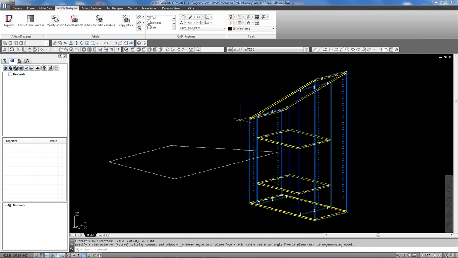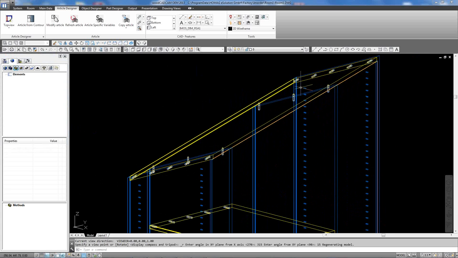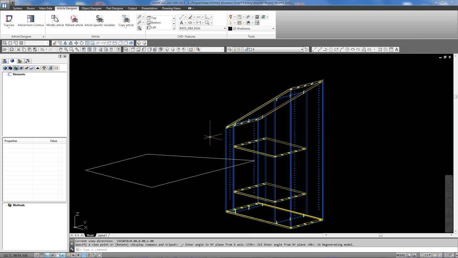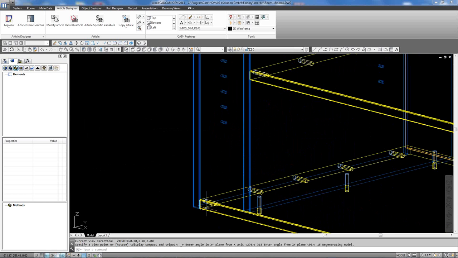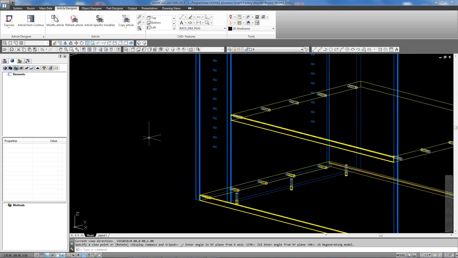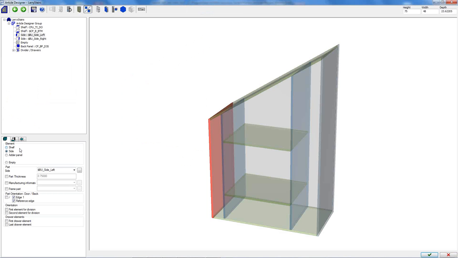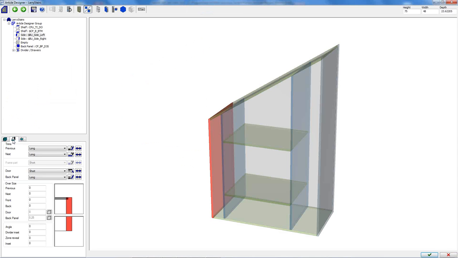And I can also control how parts go together based on what we call connection situations. This is showing it doweled. It could be cammed. It could be dadoed. It could be whatever I want it to be. You see, I'm showing these butted together, but I can also control how they get put together with what we call trims. So I can go to my side and I say,